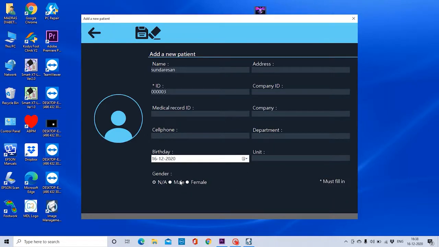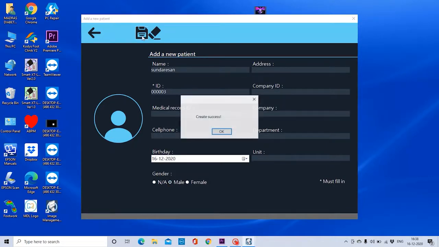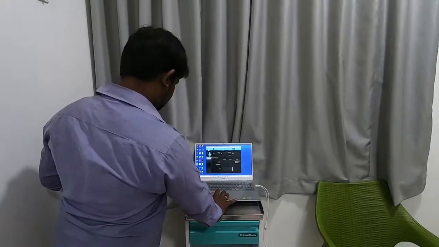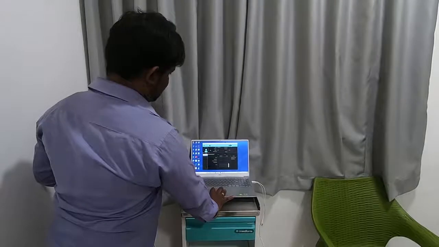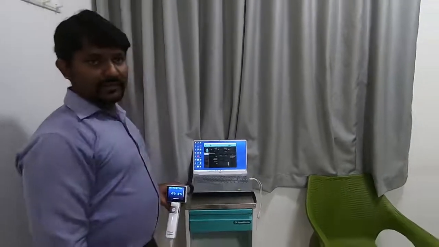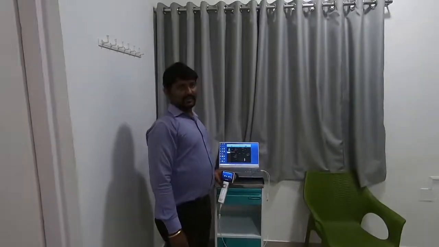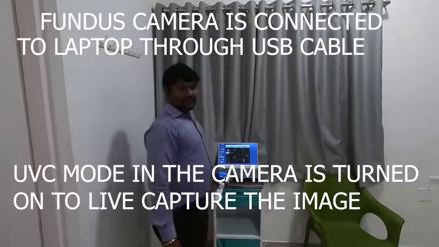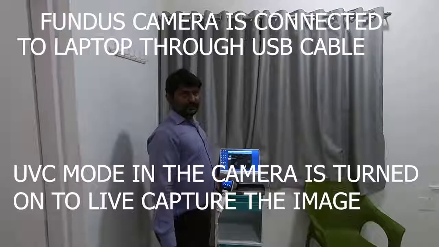After selecting the gender, click this save button. Create success, and we will use the camera to observe the images. We will see it in the software application.